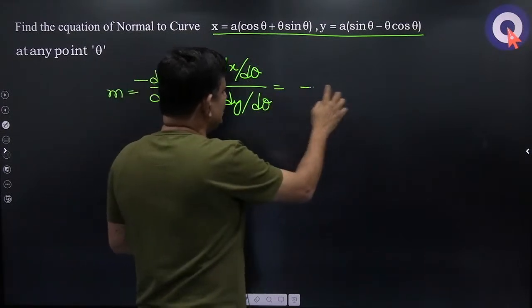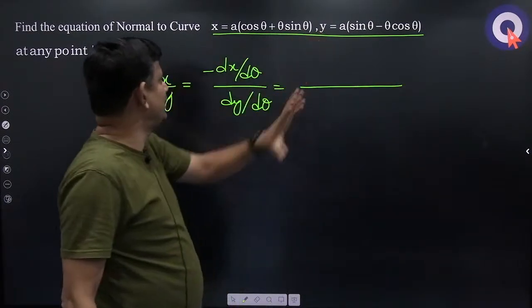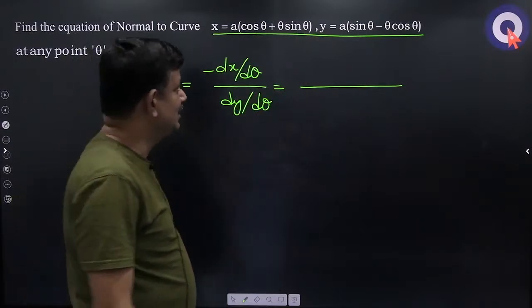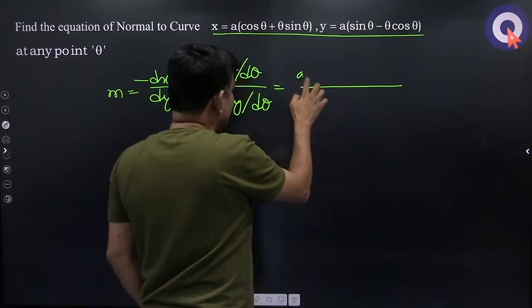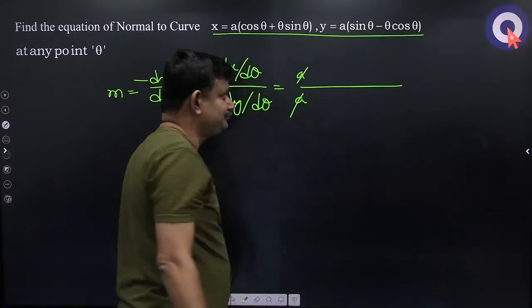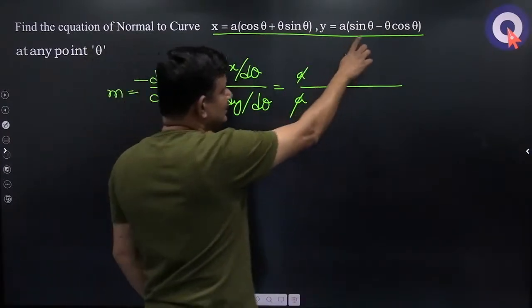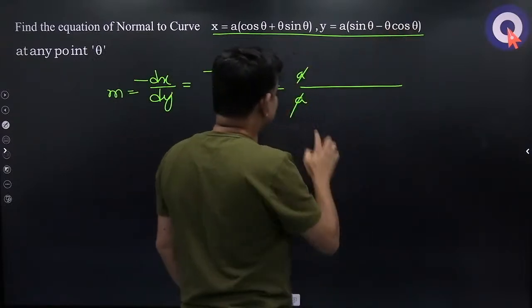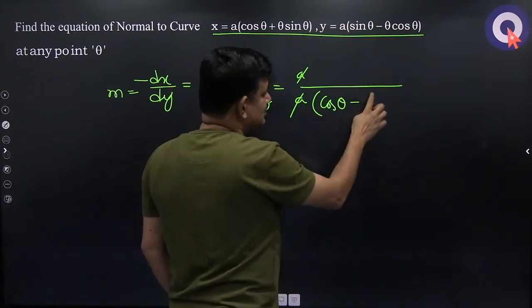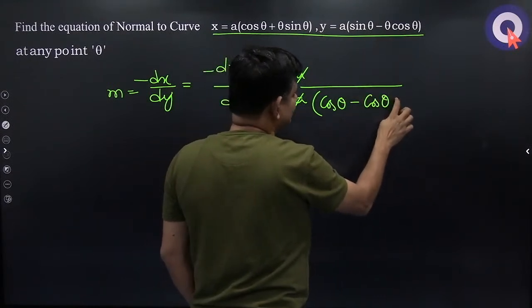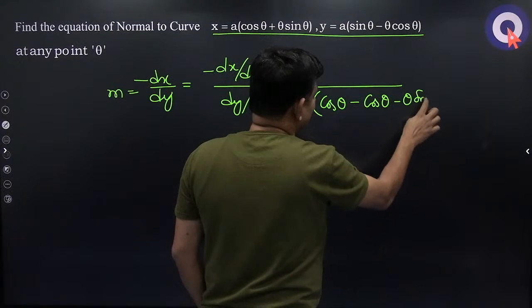Now when you differentiate y with respect to theta, what will you get? a remains as it is in the numerator, and the derivative of sin theta minus theta cos theta